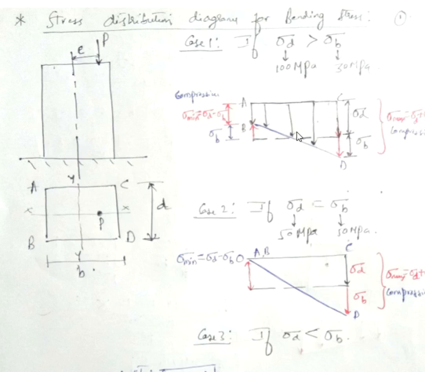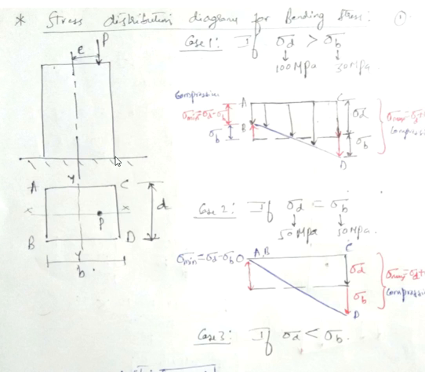Now how to draw the stress distribution diagram: consider one horizontal line. Let this horizontal line represent the zero stress line. Whatever points are there on this horizontal line have zero value. If I move above this line, then the stresses are positive. If I move below this line, then the stresses are negative. After applying this force, we all know that the column is going to bend towards the right.